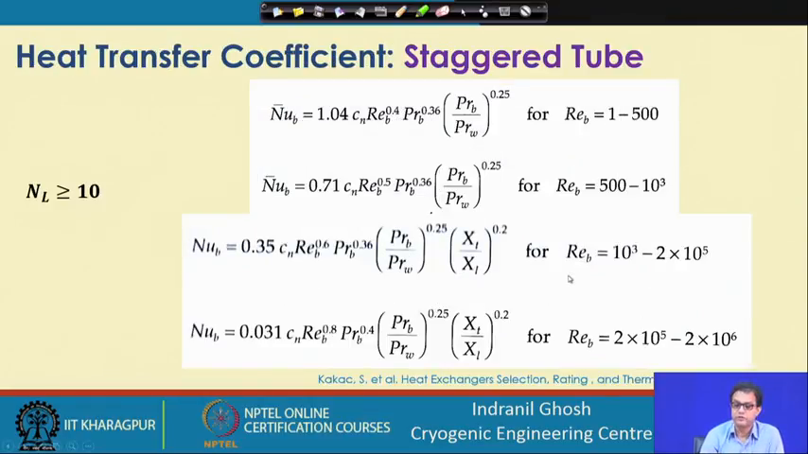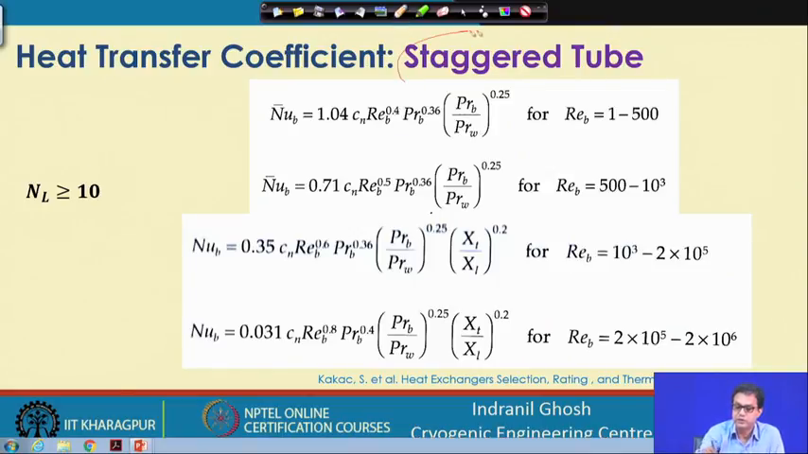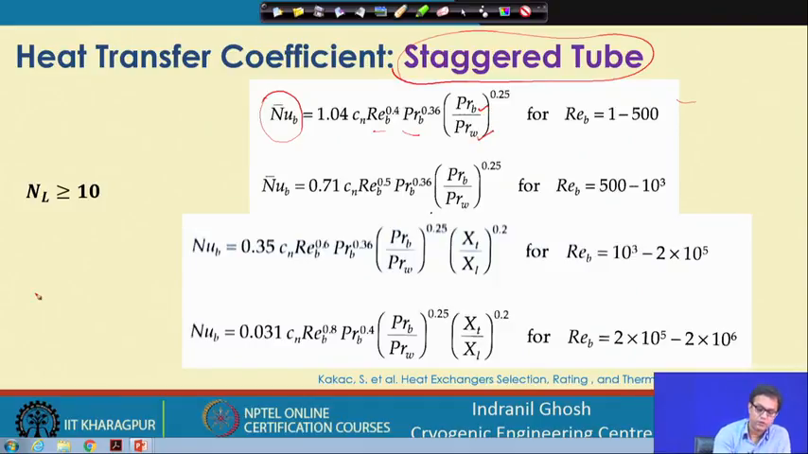So, these are the correlations for the staggered arrangement. When the tubes are arranged in staggered condition, these are the set of correlations. This is relating the Nusselt number, the Reynolds number and Prandtl number, and this is Prandtl number B and Prandtl number W. They are different, both are the Prandtl number,